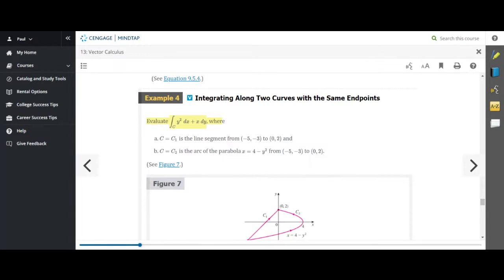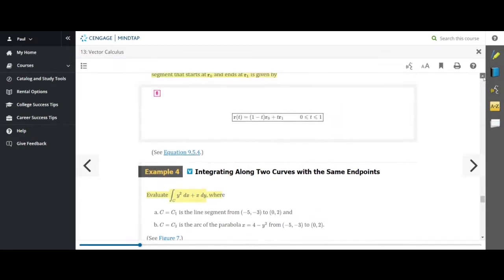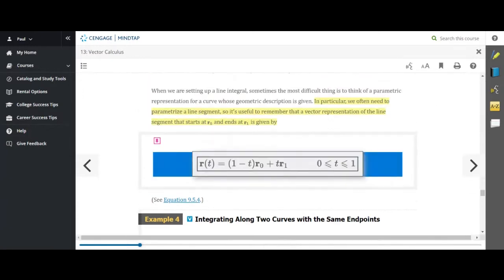The line integral with respect to y involves the function x. In part A, you have this line segment from (-5, -3) to (0, 2). And so using the formula above, using this formula here,